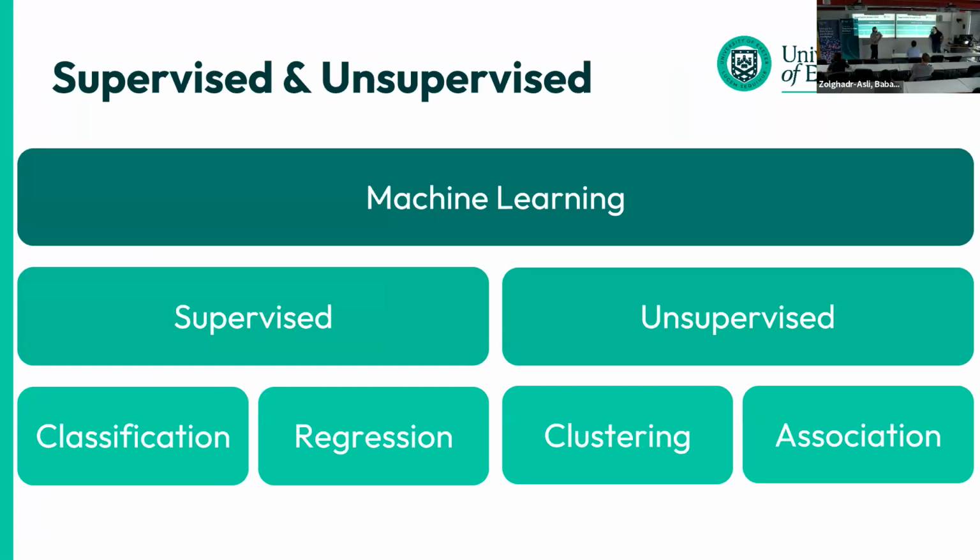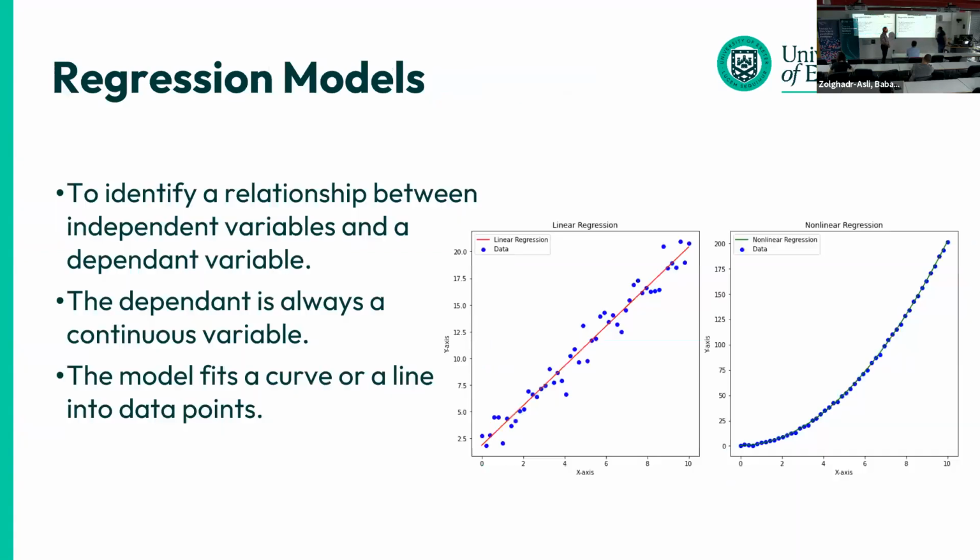As we talk about supervised and unsupervised learning models, we have two different groups of supervised models, classification models and regression models, and also two sorts of unsupervised models, clustering and association. Yes, exactly. In regression models, we are trying to predict continuous values, like for example the height